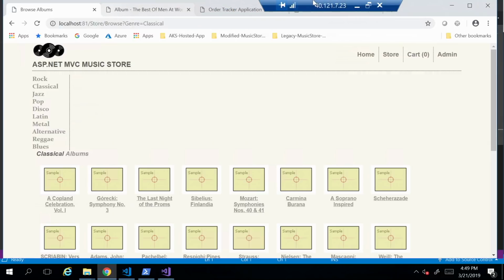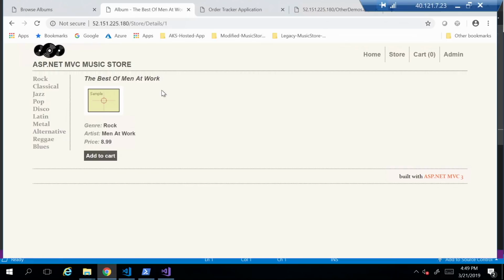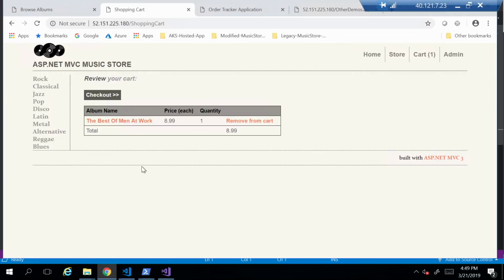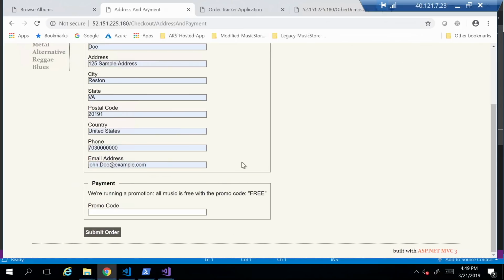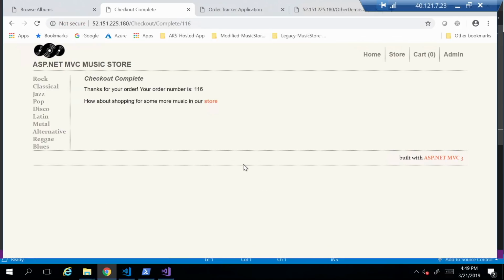And let me move this out of the way here. And this is the application right here, which is running inside Kubernetes. So you can see here the IP address. This is the load balancer IP address that the Kubernetes cluster assigned us. And let's just take a look at this application. I'm going to go to add to the cart, check it out, and select our John Doe prefill. And I don't want to worry about credit card in this recording, so I'm going to give myself a free code, submit this order, and you can see that we were able to do this.